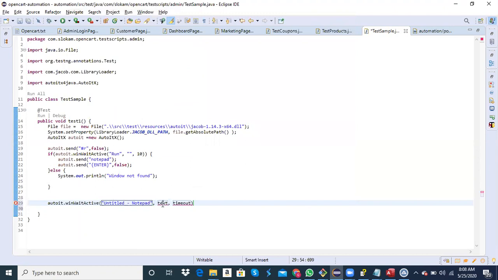Then the text is empty, and then the timeout is, let's say, 10 seconds. Now it will wait and then activate.